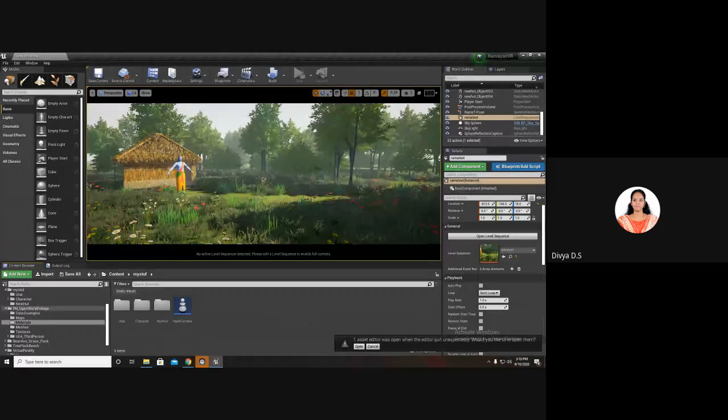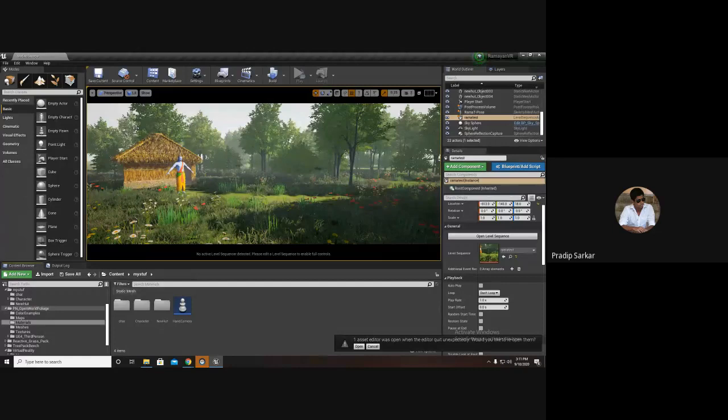Sir, can Unreal replace Unity totally? Means if we use only Unreal, then Unity can be ignored, and we need not learn Unity. Whatever we can do in Unity, all that can be done inside Unreal.